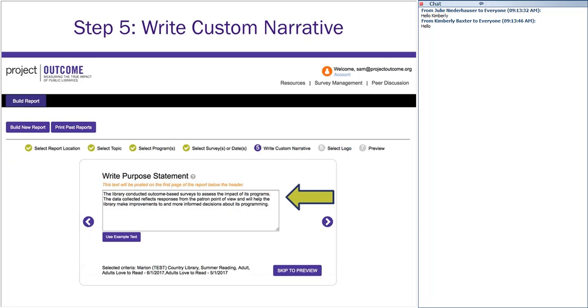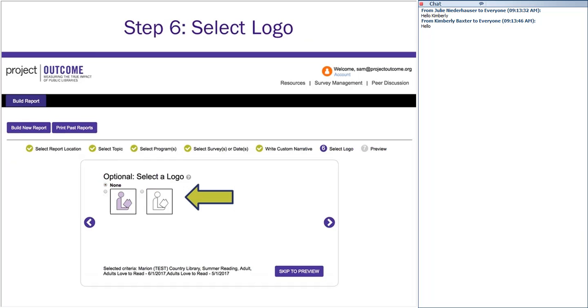You have the option of adding custom narrative that can go at the top of the report, and this is actually very nice. If you are sending this to your board, for instance, and you want to give them a little more information, a little narrative about what this program is and what outcome-based surveys are, it's up to you what kind of statement you might want to put at the top of your report. You're able to add a logo, and